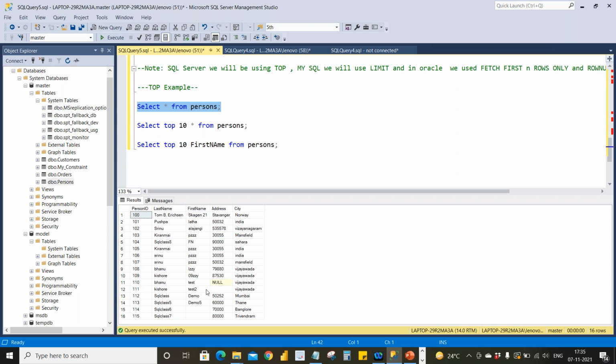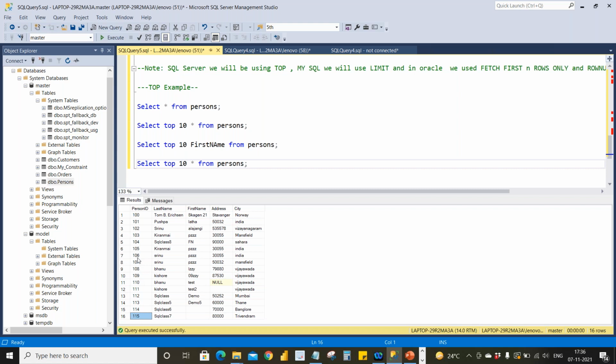So what I can do at that time is use order by. I'll show you how. If you use select top 10 star from persons, I'm getting 100 to 109, right? But I want to get 115 to, how many? 1, 2, 3, 4, 5, 6, 7, 8, 9, 10.